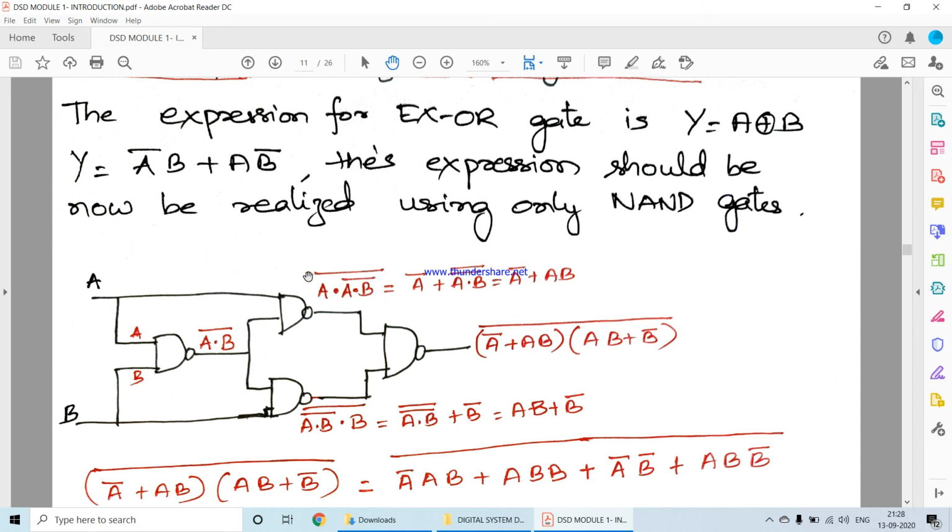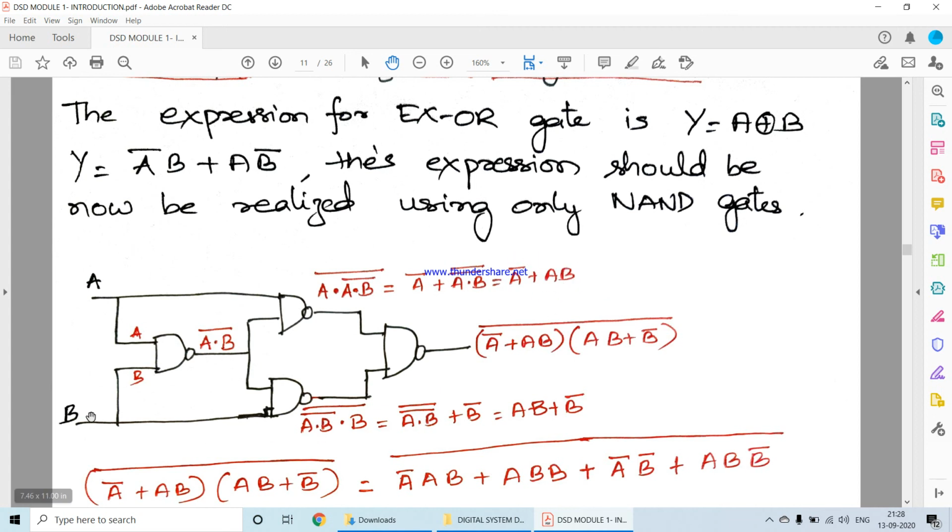the bar and that whole bar. Okay, so this NAND gate output is A and AB bar, and that whole bar. Now De Morgan's theorem says you separate this A and this AB bar, so it gives you A bar plus A and B the bar the whole bar. Therefore A bar will remain, the A and B the whole bar, the bar gets cancelled, so you will be left with AB. So I got A bar plus AB.